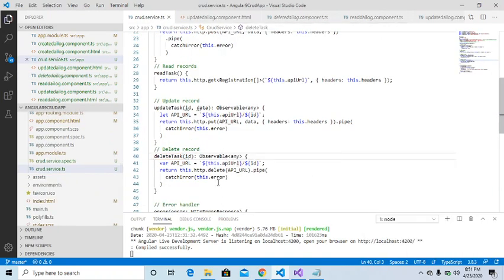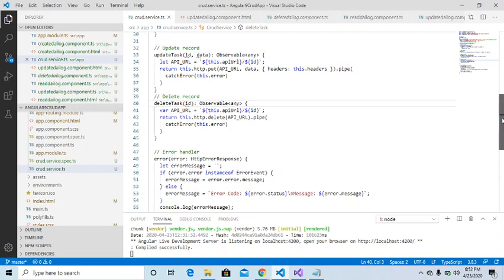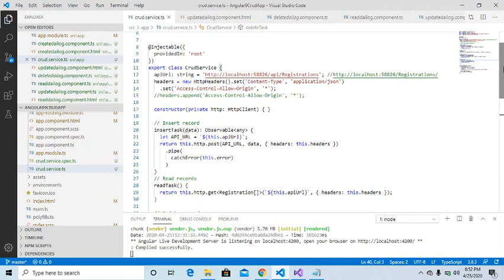particular method. All right, so we have learned till over here how to create HTML. So we have learned to create an Angular project, create a component, create a service, call the HTTP service, and apply the form group for reactive form, validations, and calling the RESTful service. All right, let's just hold on for a moment, and I will show you the RESTful API which I have created and how I have created that particular API.